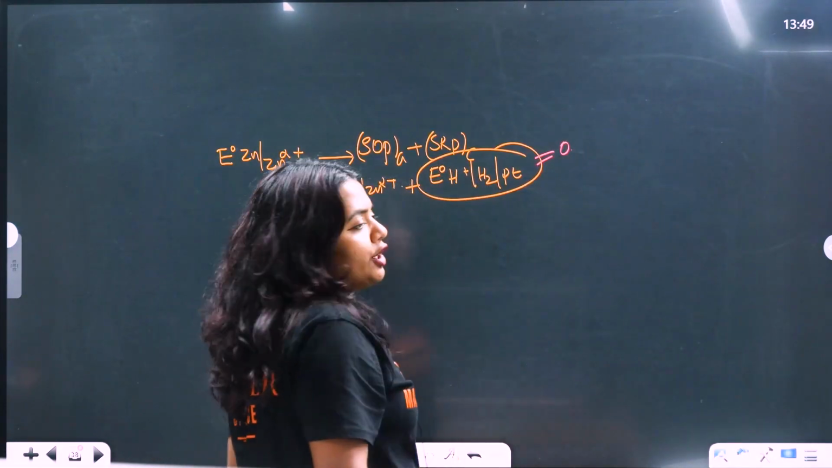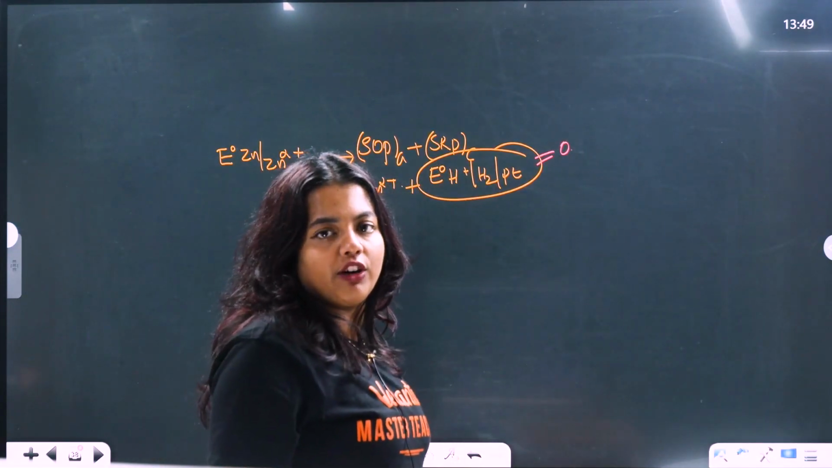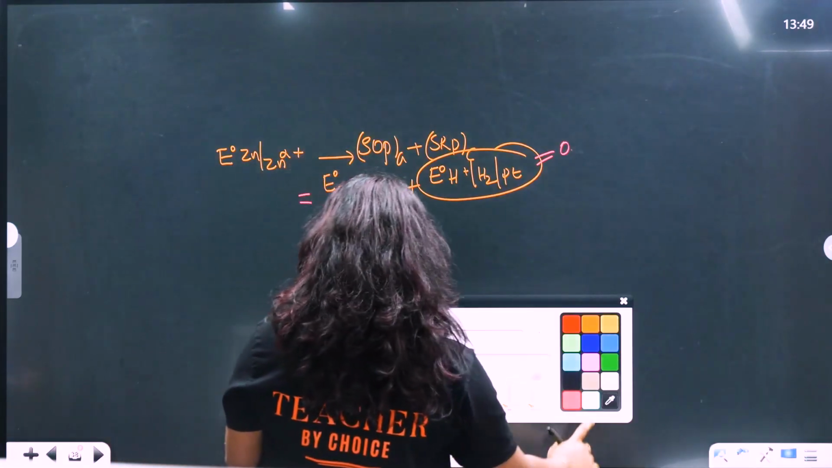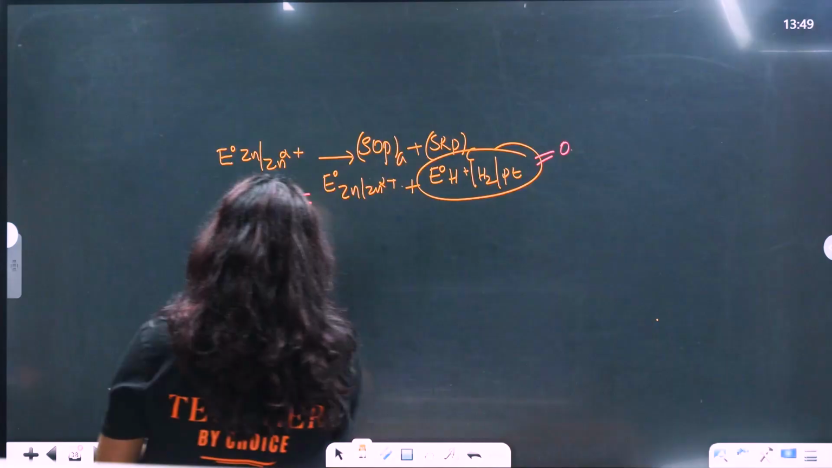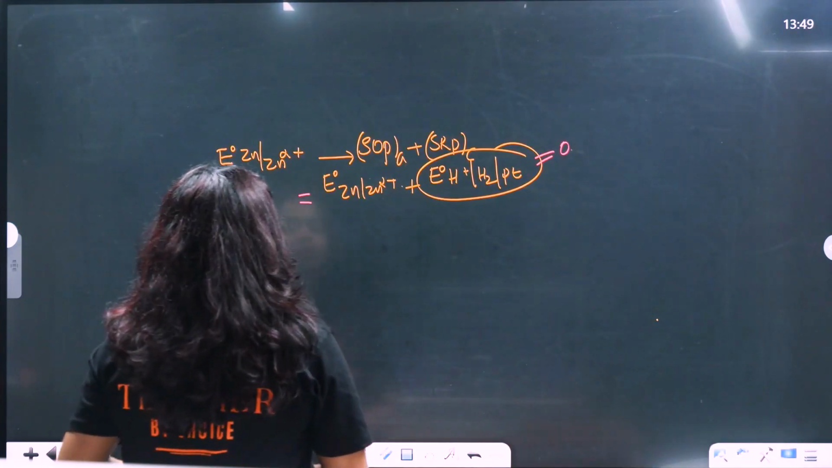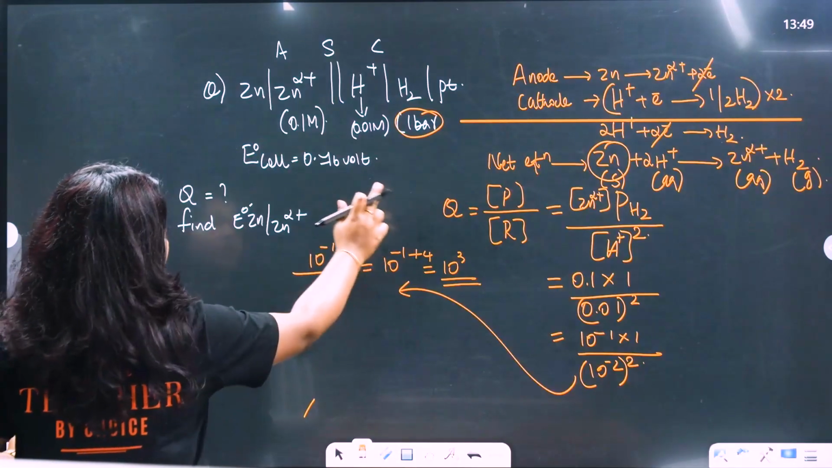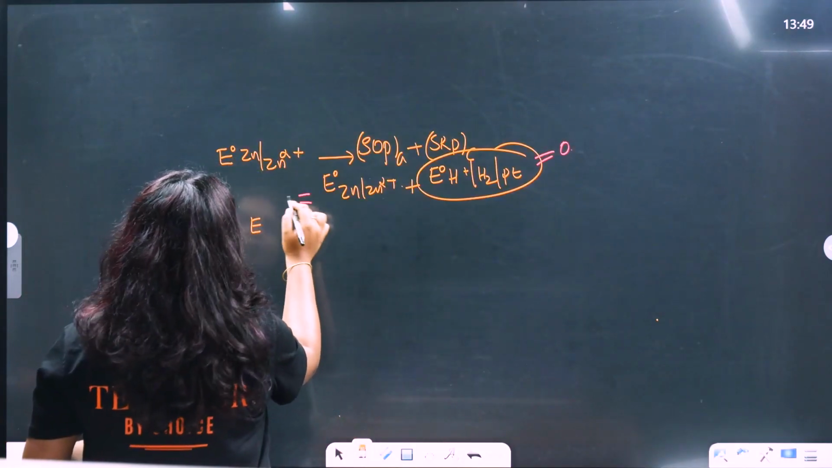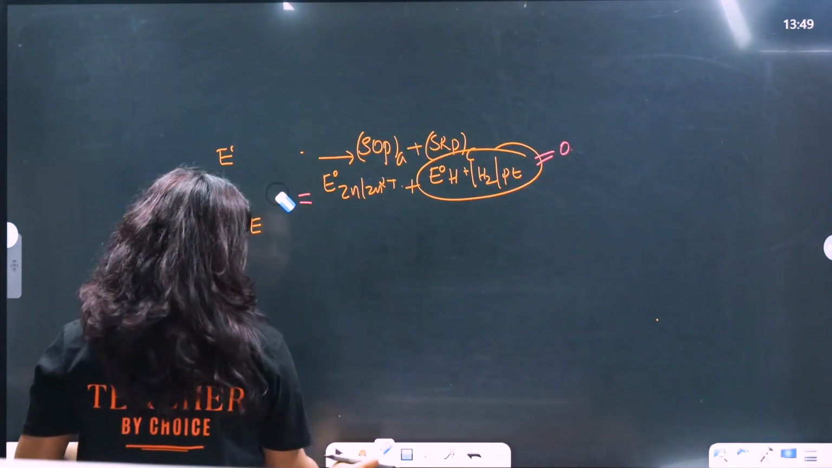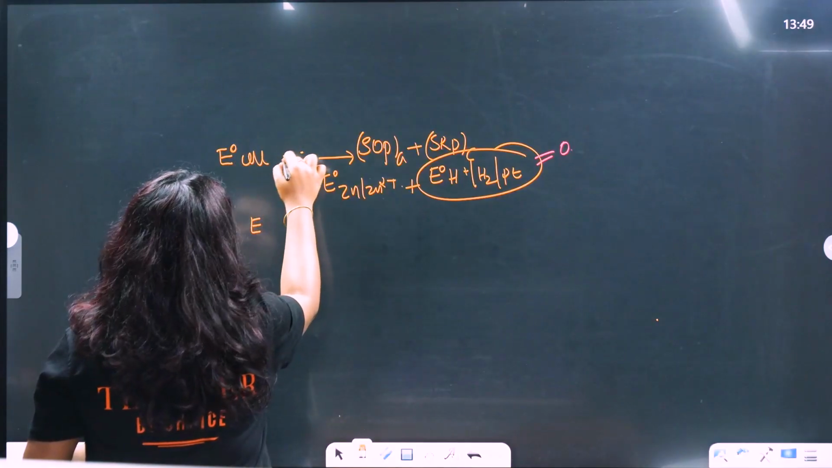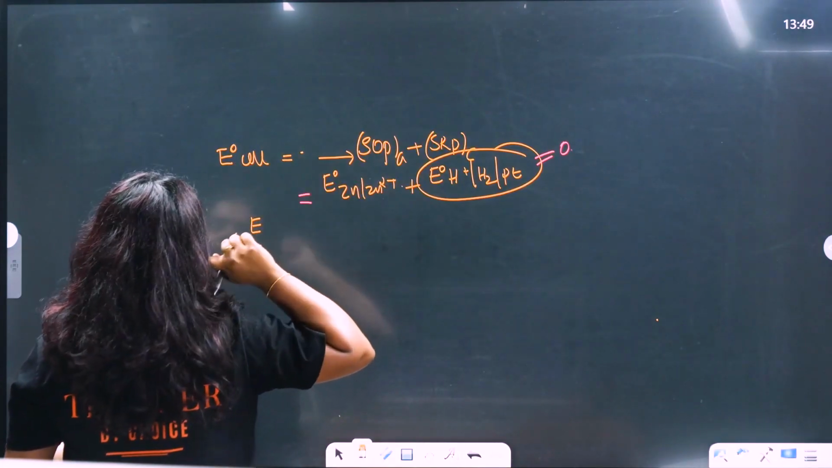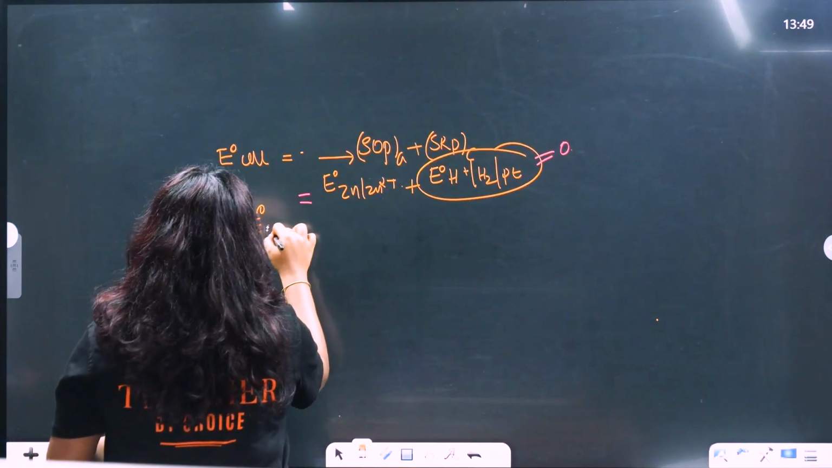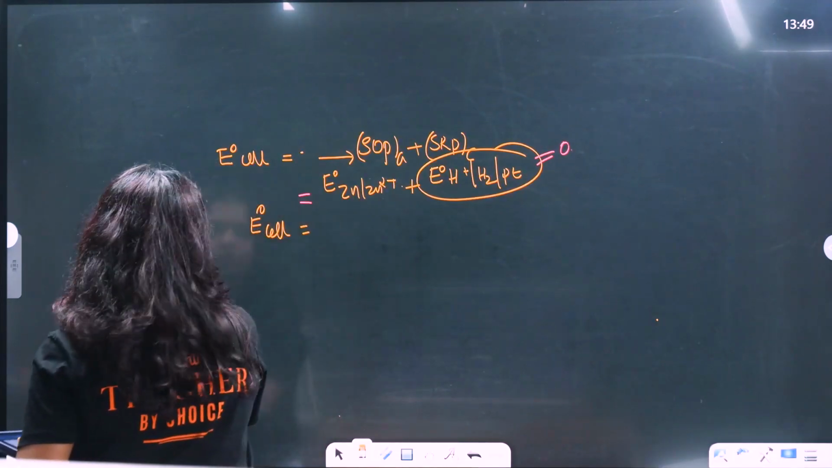Their E naught, that is their EMF, was 0. So this is the only thing we have. Right? This is the only thing we have. So we got the value of E naught cell. E cell is equal to this. See, they have given you the value also, which is 0.76. So E naught cell is equal to, one minute guys, what I am writing here: E naught cell is equal to standard oxidation potential of anode plus standard reduction potential of cathode, right? So E naught cell is equal to what they have given you,